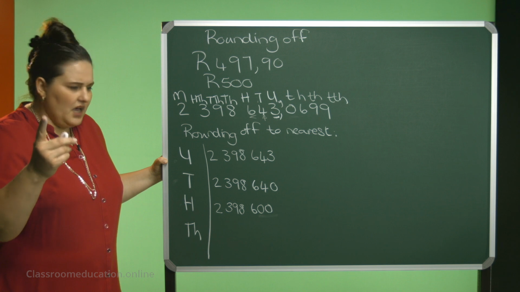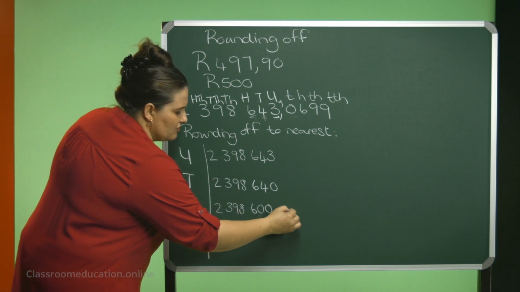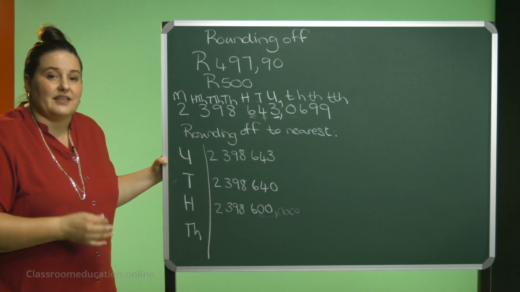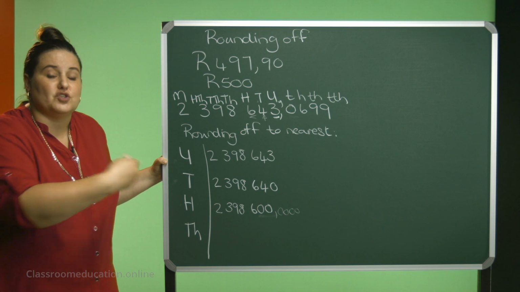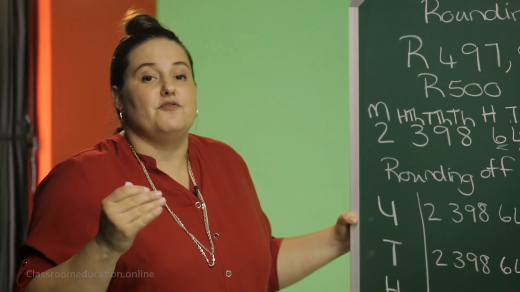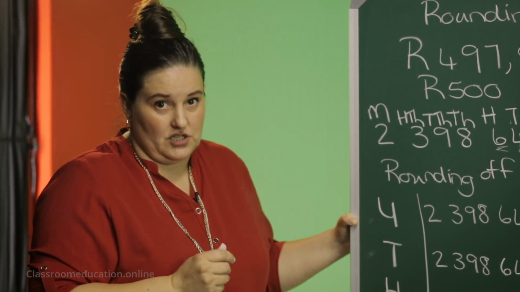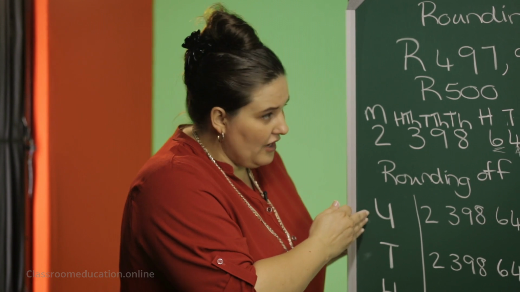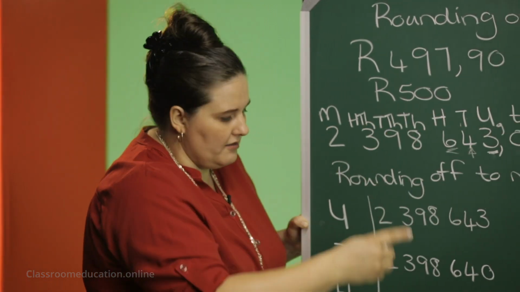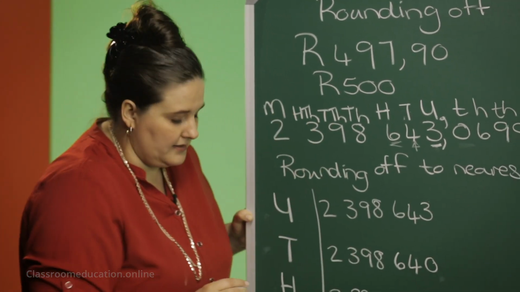Now you might ask me, but why don't I put a comma and 0, 0, 0, 0? Boys and girls, because I did not state that it should be 1 decimal place or 2 decimal places or 3 decimal places. That will happen if we round off to tenths, hundredths, thousandths, and so on. If you are rounding off to units, tens and so on, then you stop at your comma. So I'm not going to write that.